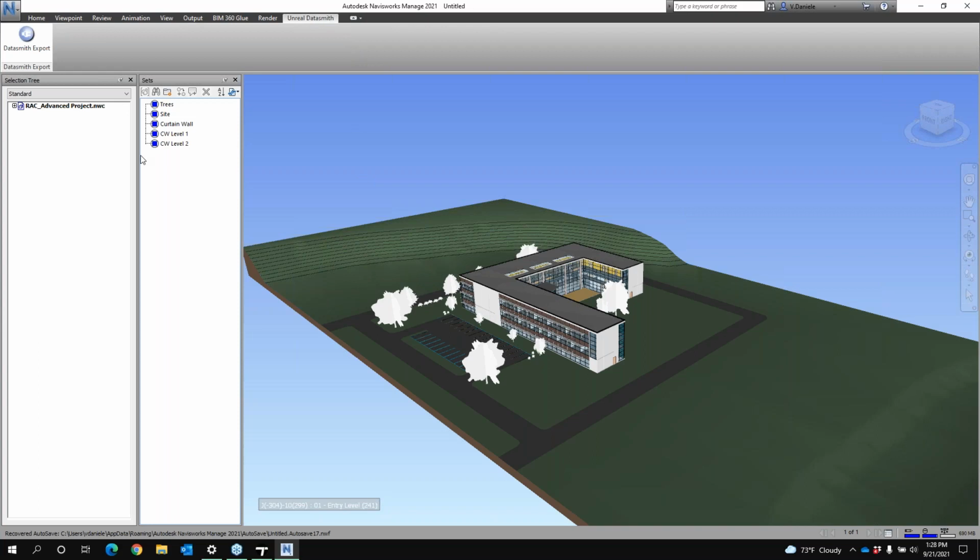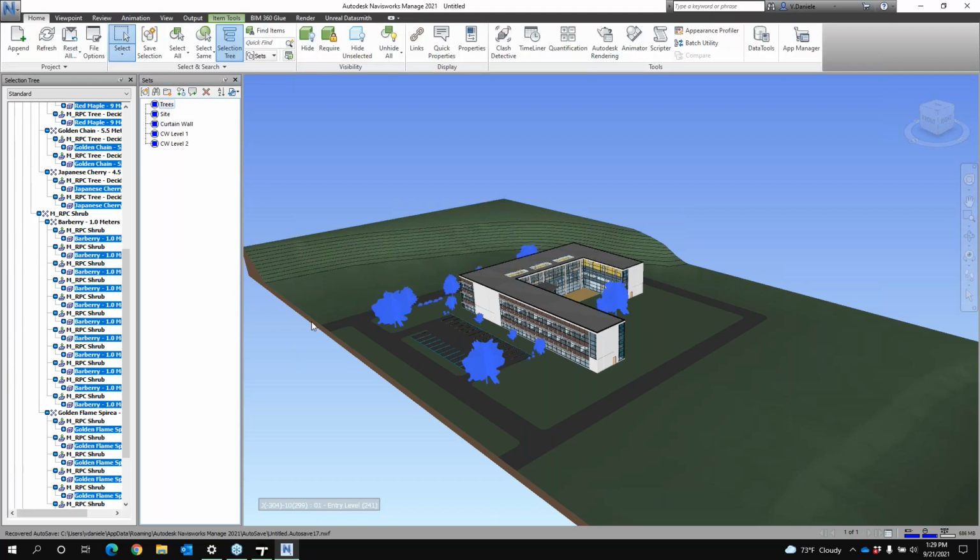So the one thing I find that is really useful when you're getting into these complicated models where you're trying to break up things and make them a lot easier to use and navigate in Twinmotion, is we can use the power of Navisworks to create specific